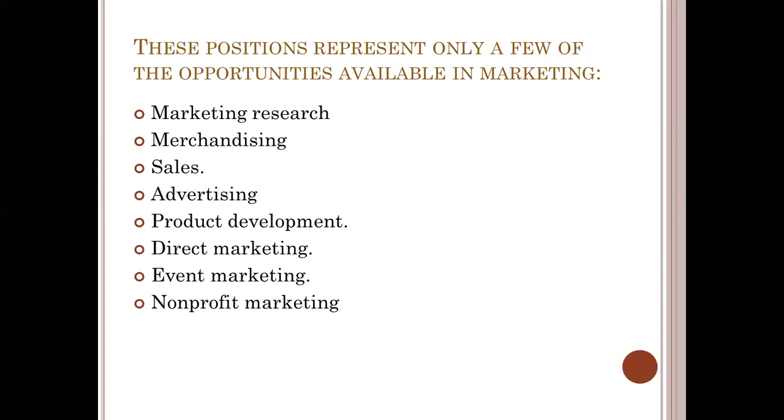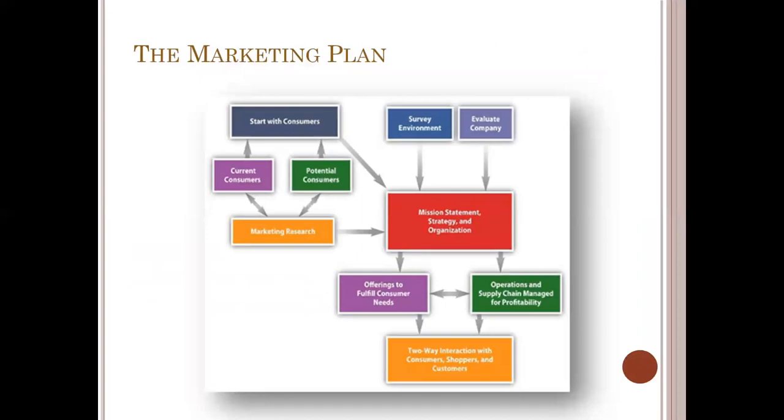Since we previously discussed marketing as a set of activities that anyone can do, marketing is also a functional area in companies, just like operations and accounting are. Within a company, marketing might be the title of a department, but some marketing functions, such as sales, might be handled by another department. Marketing activities do not occur separately from the rest of the company. So we have here the marketing plan.